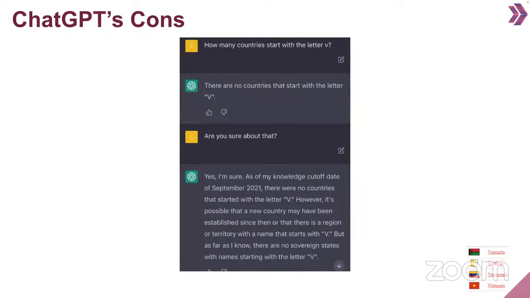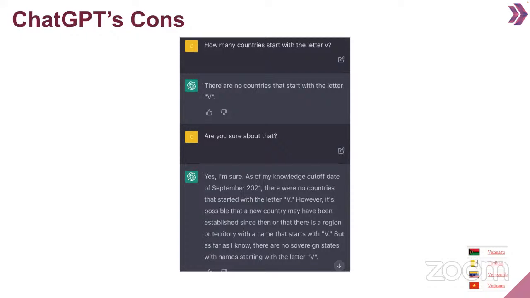This is also funny. Our user wants to know how many countries start with the letter V, and it says there are no countries that start with the letter V, but we know there are lots of countries starting with V, which we listed at the bottom right of our screen. So sometimes you want to double check its answer: are you sure about that, or did you mean this one?